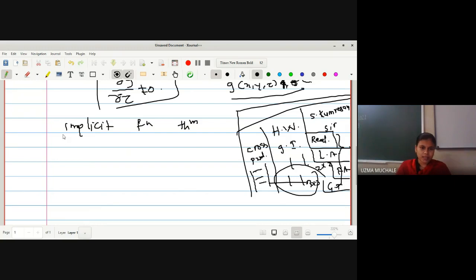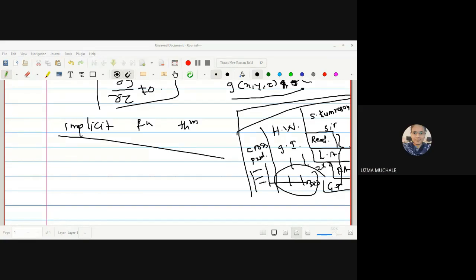Now let us start with this implicit function theorem. So we are going to use an implicit function theorem to prove the result. तो हम लोग यहाँ क्या कंसिडर करेंगे, as we are going to use the implicit function theorem, since given that g of x y z is equal to some constant c and the derivative of g with respect to z is not equal to 0, it ensures that there exists a differentiable real valued function defined in the neighborhood of a point p1 p2 such that the first condition for that is for each point uv belongs to the D, the point uv h of uv is in the surface.